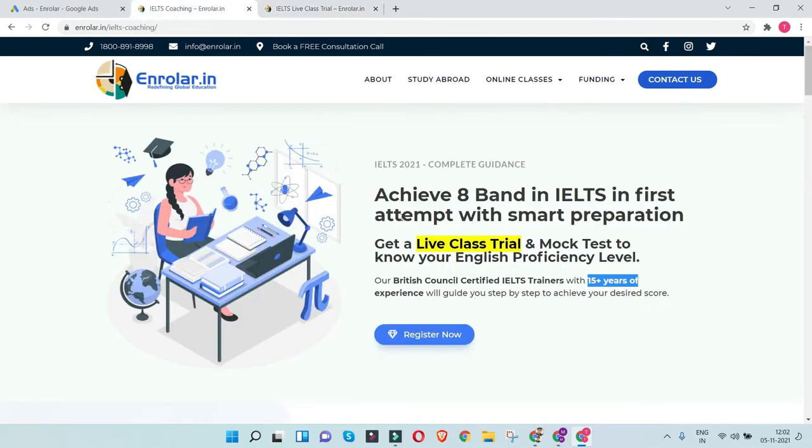So you can also do this kind of experiments, A/B testing, using 2, 3, 4 different types of landing pages. You can also do different landing pages as per the audience that you're targeting. So let's say you're targeting an audience bracket who are working professionals and they're looking for an IELTS exam. For that, you can create a different landing page where it talks about how, as a working professional, you can also prepare yourself along with your job. And you can also create a separate landing page for students where you can talk about being a student, how you have a lot of time, and how you can utilize that time to prepare for your IELTS exam.